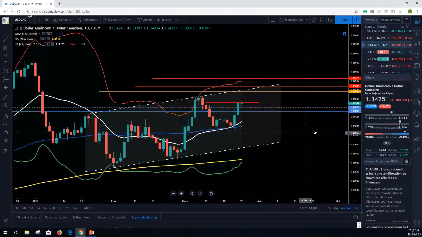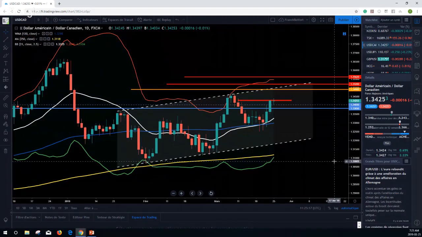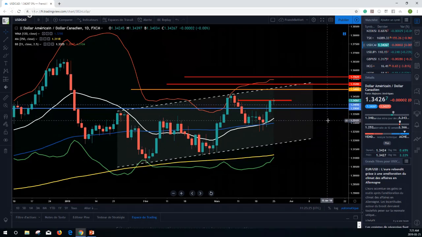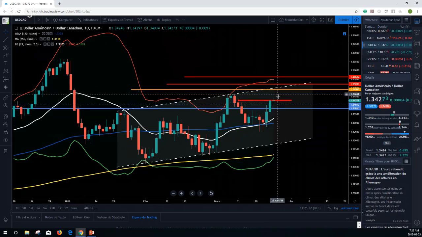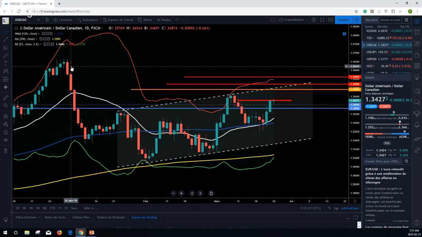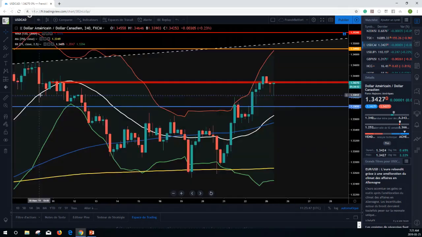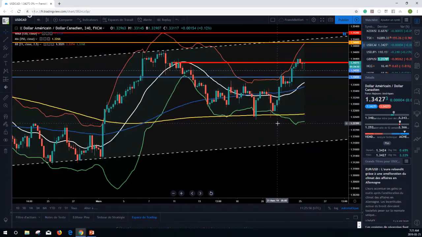And guess what? From the opening of the market on Saturday night, around 5 p.m. here in Eastern time, we came here to do a first test and started going up, right? Because I'm bullish on USD CAD this week. I intended to buy here, but I missed this opportunity because the market already did that. We can see clearly through the different time frames